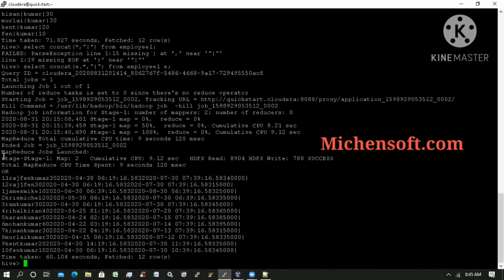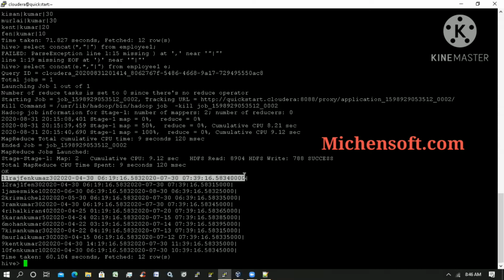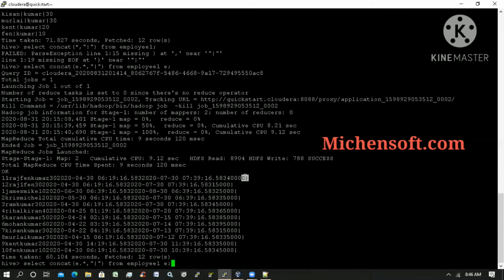See here. It's concatenated all the things. In the last, it's got it with the pipe symbol. It's concatenated all the fields. Like this, we'll get it. Just now, I also tried this one. This concatenated all the fields with empty, and in the last, it gave whatever value we gave it. Okay, like this.